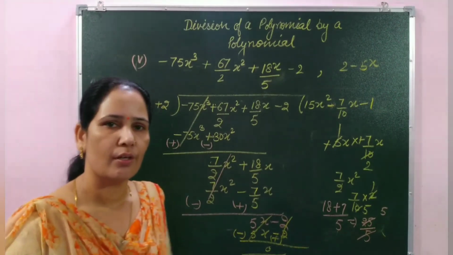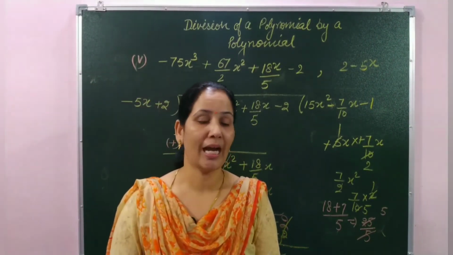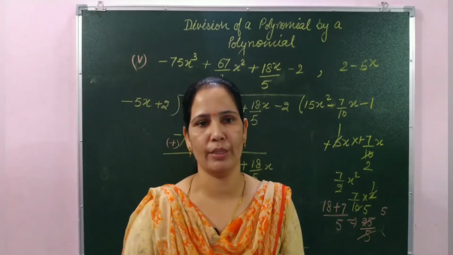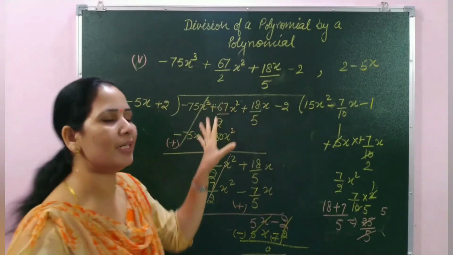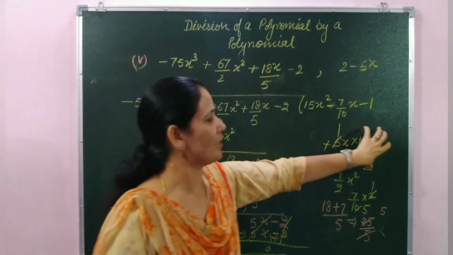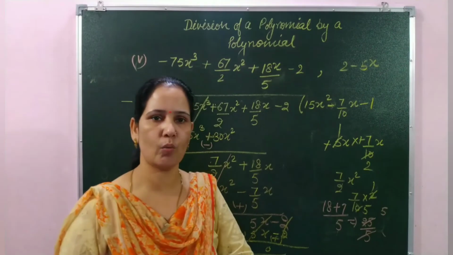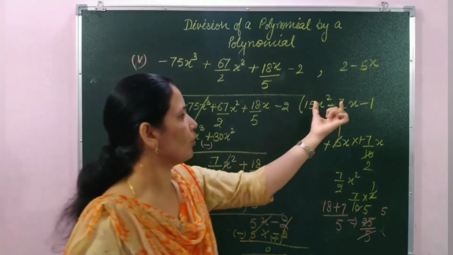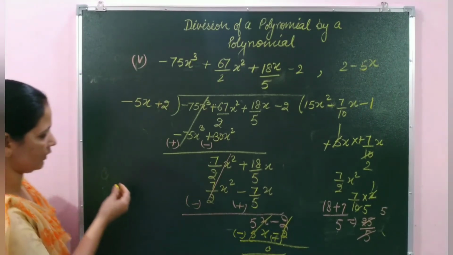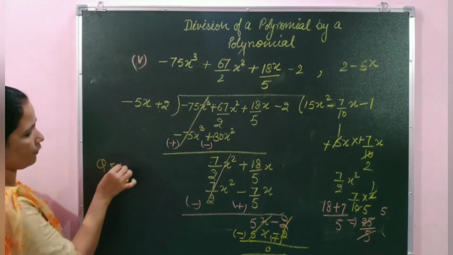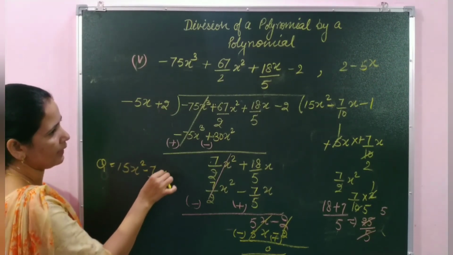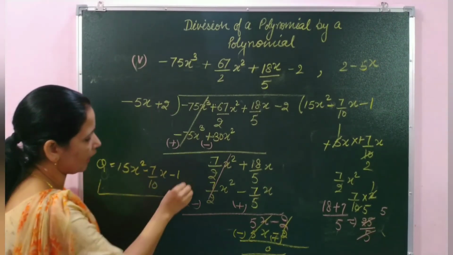Okay students, for today's class this much only, and today we have discussed how to divide a polynomial by a polynomial. So in the second question the terms are given in the form of fractions, so no need to worry. Just simplify this one, and whatever answer you are getting, according to that you multiply this number. Okay students, from here we get the quotient is 15x square minus 7 by 10x and minus 1. This is our answer